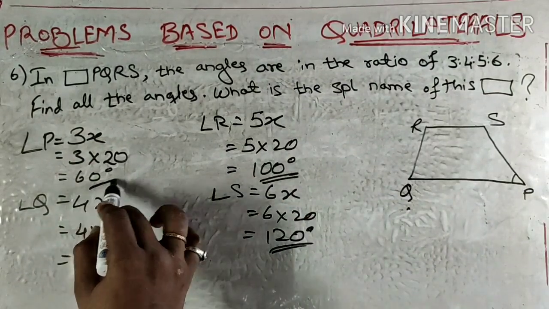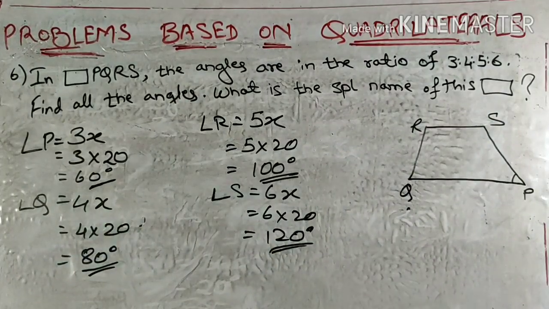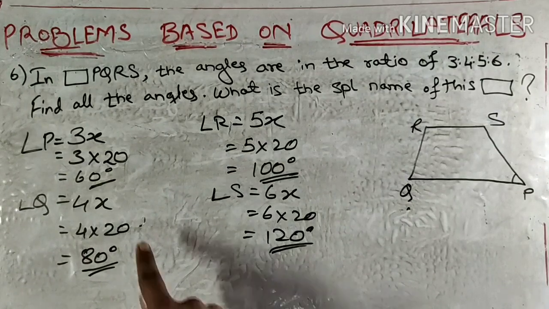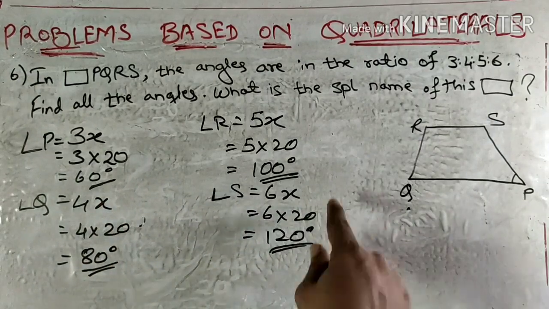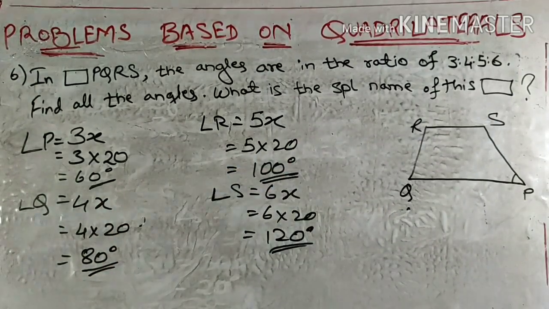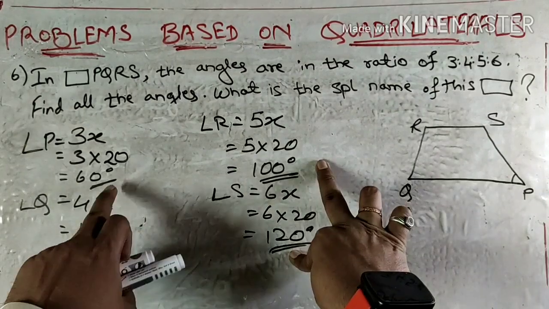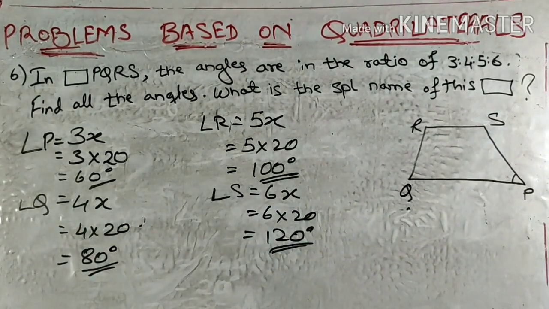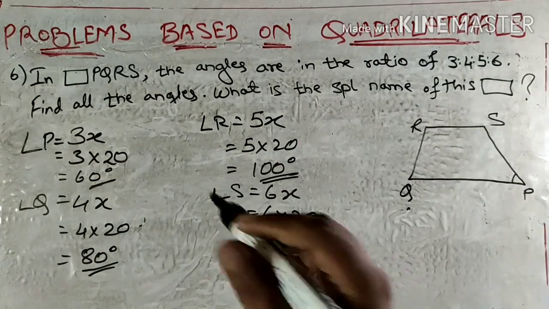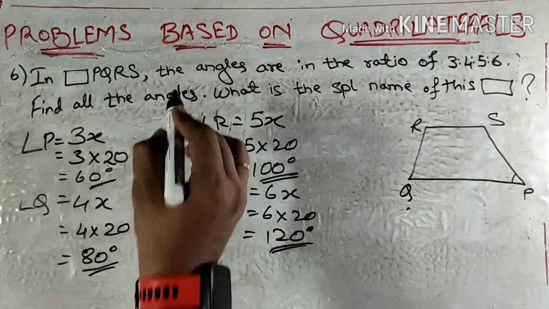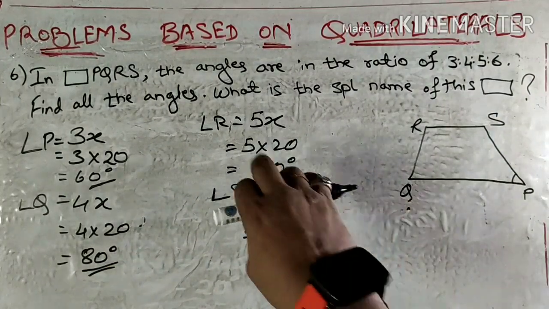Now these are the values that we have found by calculation. If you want to verify for your satisfaction whether these values are true as per the conditions given in the question, we just need to go in the reverse manner by checking the property. So all the angles, if I add, they should give me 360 degrees. So 120 plus 80, 200, 300 and 360. So hence we got the answers correct. If I want to know whether the answer is correct or not, I can cross check or verify the answers. Now the question is not over yet.